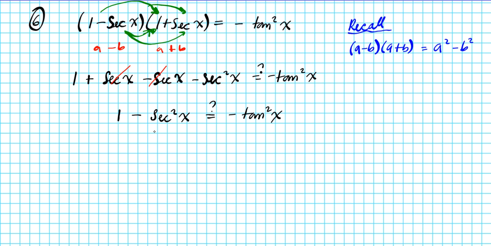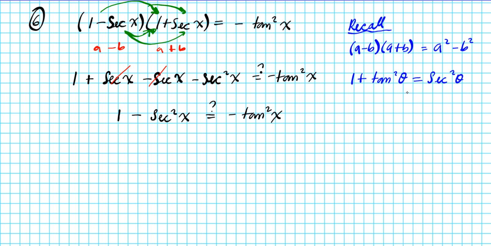Now, let's think about our Pythagorean identities for tan and secant. If you remember your identities, you will know that 1 plus tan square theta is equal to secant square theta. So I want to express 1 minus secant square theta in terms of tan, right? So we have